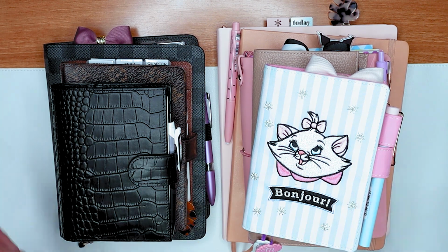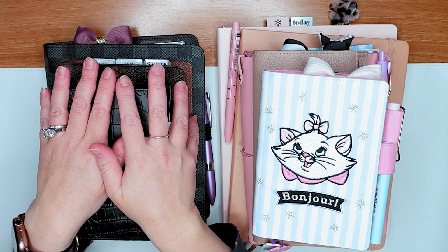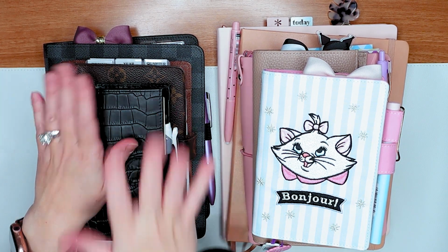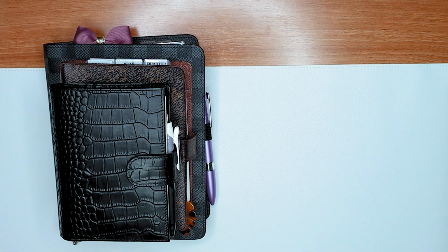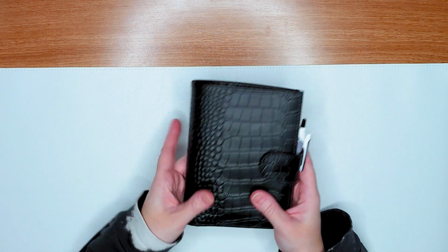So let me just shift things out of the way. I'm going to start with this pile because this is more like a main planner situation, and then we'll move into this pile here. Just making some space, and then we'll go one by one, as we always do, and then we'll bring them all back. So from the top, we have our